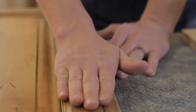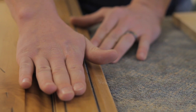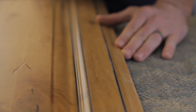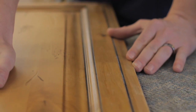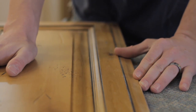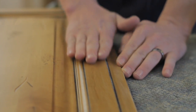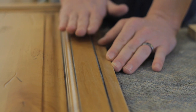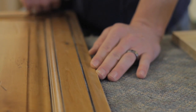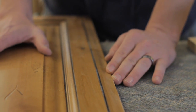So in most cases, I would isolate that specific spot, meaning I would tape this off. I would mask it off, just regular masking tape. You can get it at any store. Home Depot carries it, wherever you need it. Mask it off, sand that specific spot. You can sand it all the way down to the wood, and then finish that specific spot all over again. That way it will isolate this spot without making you have to sand the entire door and causing